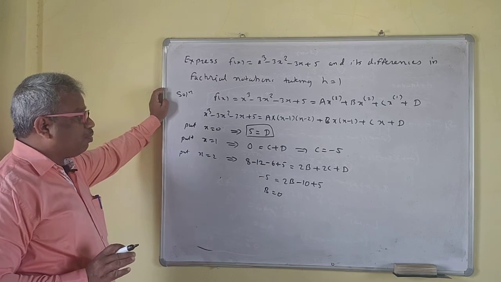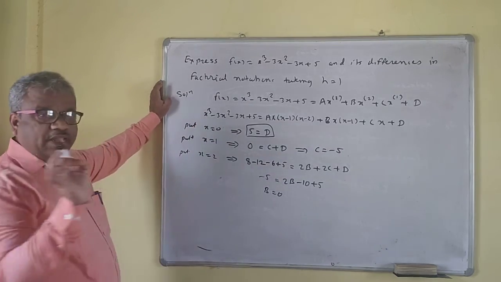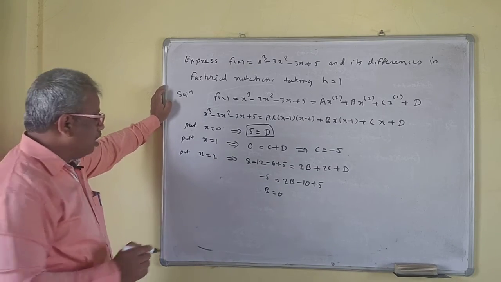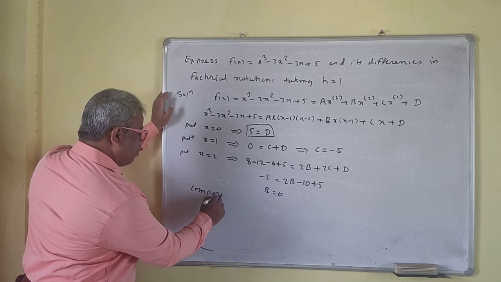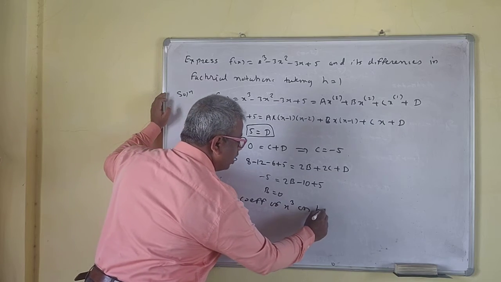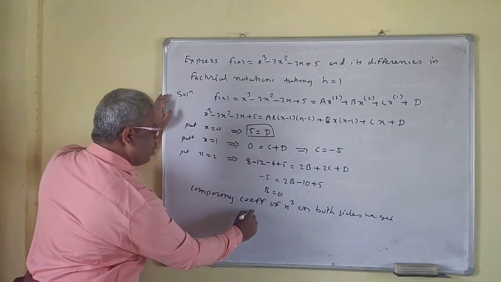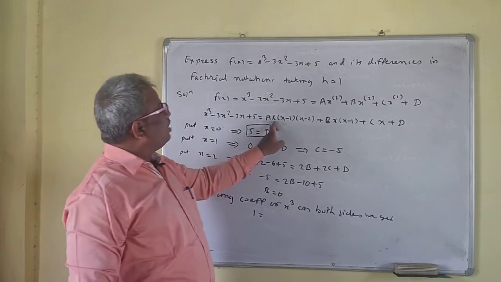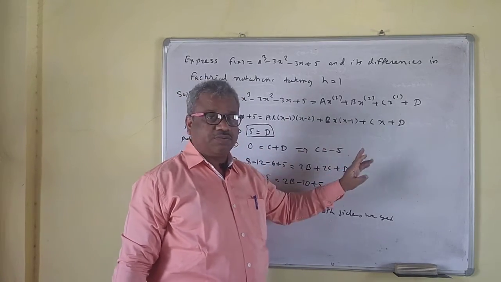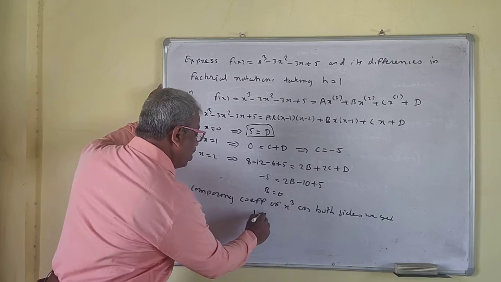Now if you put x is equal to 3, then this becomes very complicated. So it is better to find the value of a by comparing the coefficient of x cube, because easily we can compare the coefficient of the highest power. Comparing the coefficient of x cube on both sides, we get: the coefficient of x cube from this side is, see, x into x into x is x cube. Here there is no term x cube, and here x into x into x will be the x cube, and the coefficient will be a. So the value of a is 1 now.